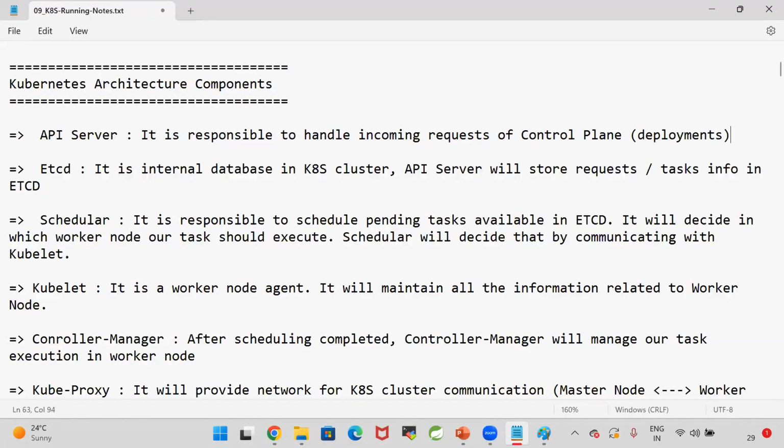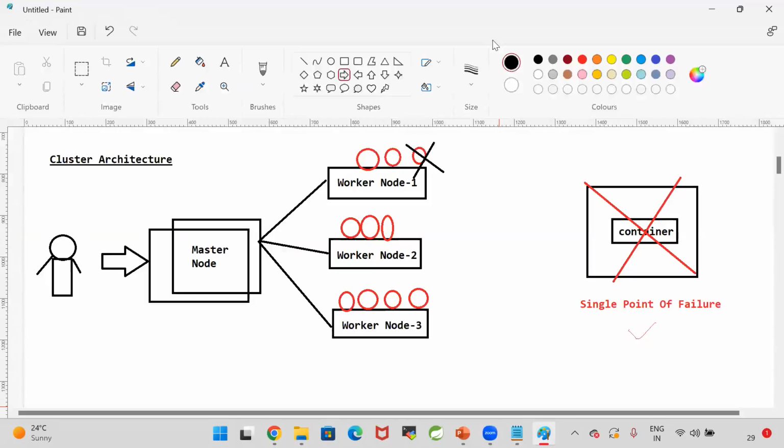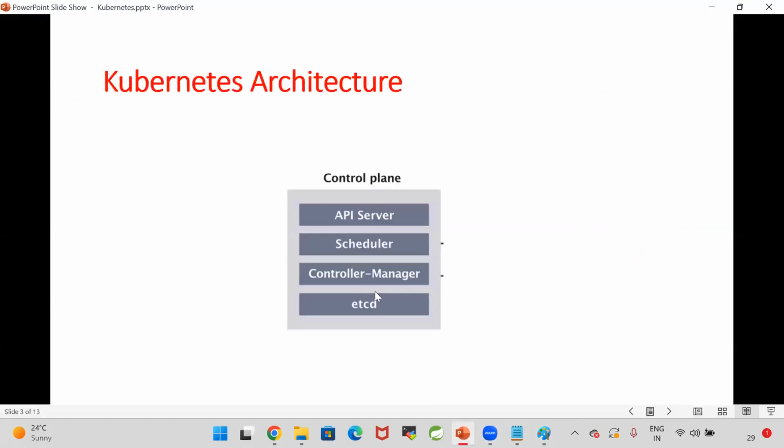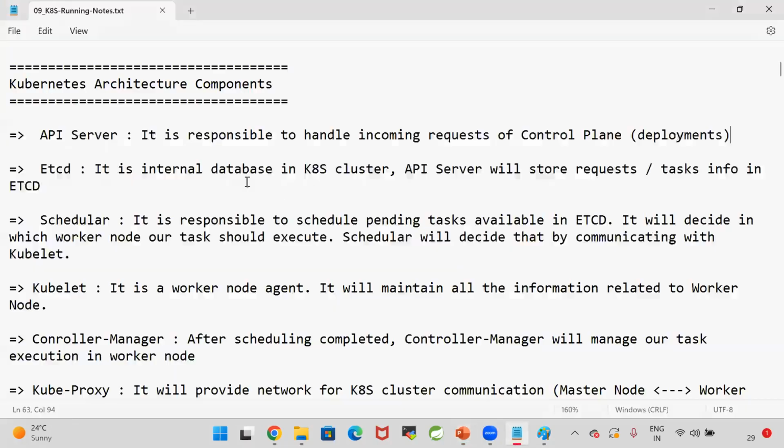Whatever deployments I want to do, the DevOps engineer will send them to the Kubernetes cluster. In the cluster, the control plane will be available, and in that control plane, the API server. What is the API server? It is responsible for handling incoming requests to the control plane to deploy our applications.